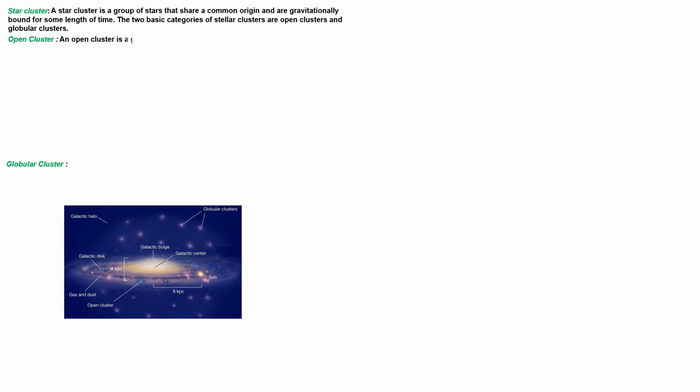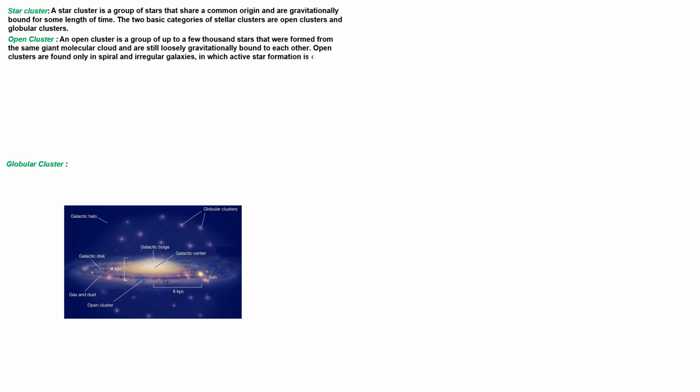An open cluster is a group of up to a few thousand stars that were formed from the same giant molecular cloud and are still loosely gravitationally bound to each other. Open clusters are found only in spiral and irregular galaxies, in which active star formation is occurring, and their stars are usually young. In spiral galaxies, open clusters are found in the spiral arms and are concentrated close to the galactic plane. In irregular galaxies, open clusters may be found throughout the galaxy, although their concentration is highest where the